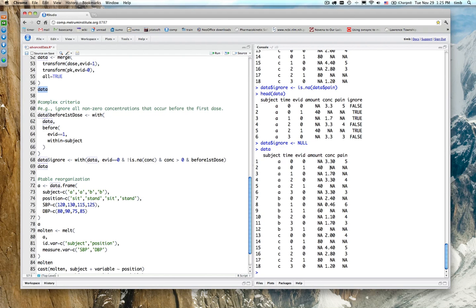That's a horizontal criterion. I call it horizontal because it occurs within a row. Once for each row, you make that evaluation. But if you say occurs before the first dose, now you're looking vertically, at least within an individual here. In fact, it's good to point out that we're looking within an individual because not only do we have horizontal